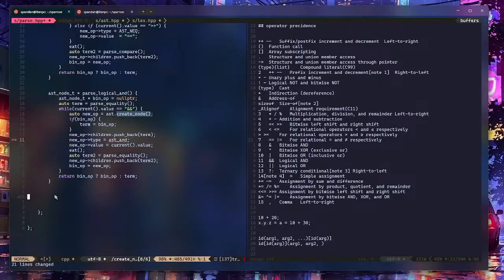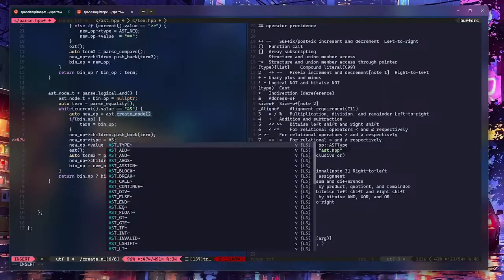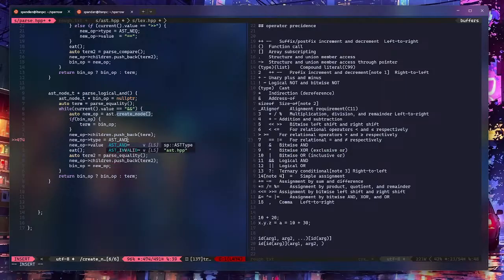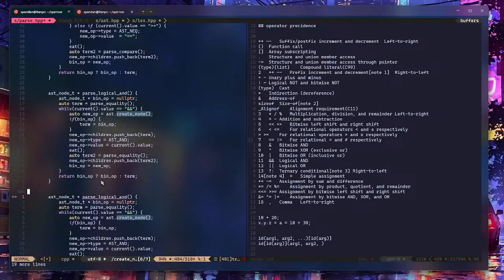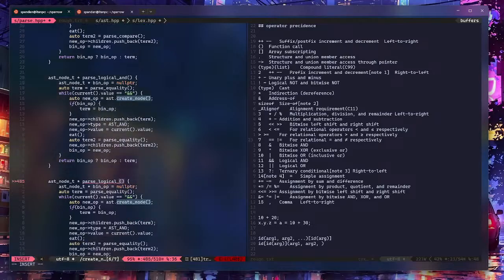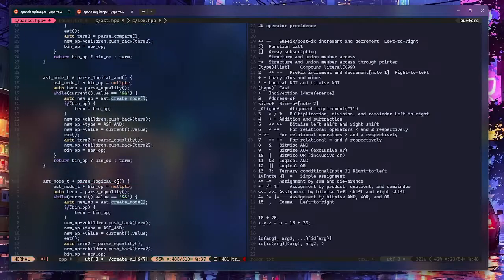Copy this. Okay. This is capital AST and, right. Copy this. Paste it here. This is logical or, and this is parse logical and, right? Because or comes after and, right? If you remember,